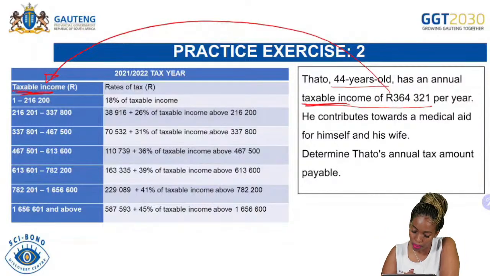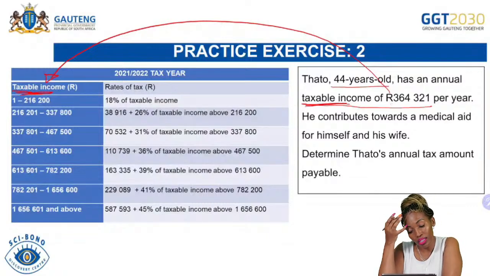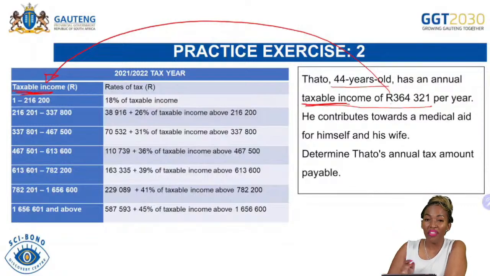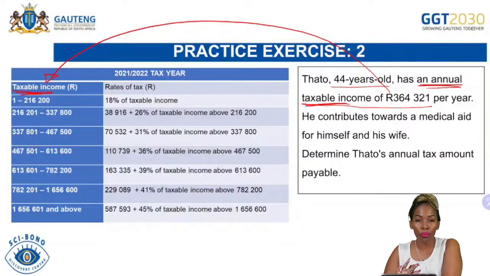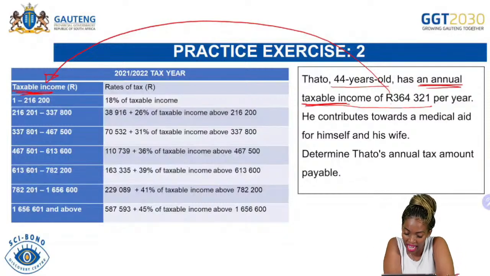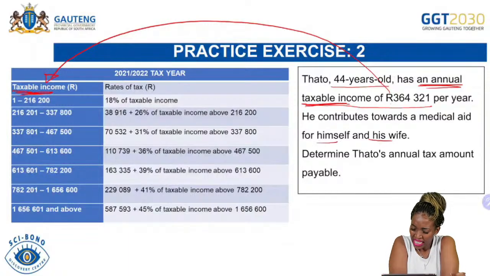They say you are Jojo. So there's a taxable income of 364,321, and the beauty of this is that this amount is an annual amount, so we are happy with that one. He contributes towards a medical aid for himself and his wife. Determine Tato's annual tax amount